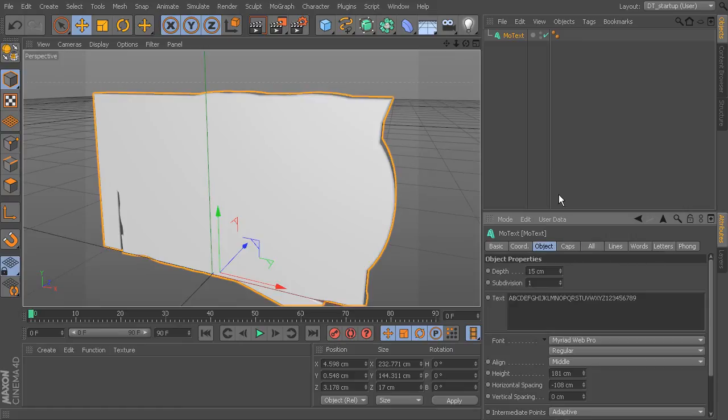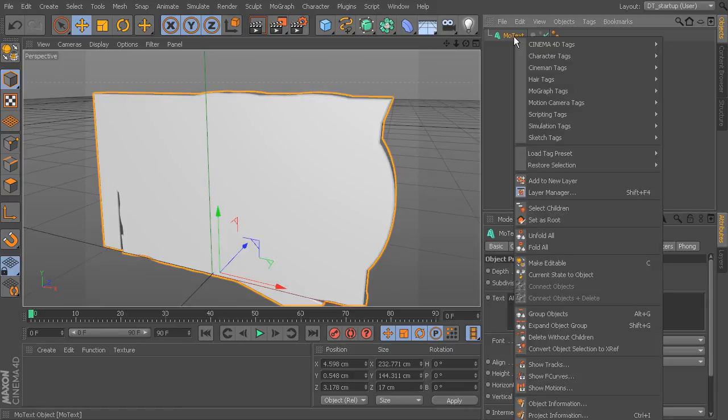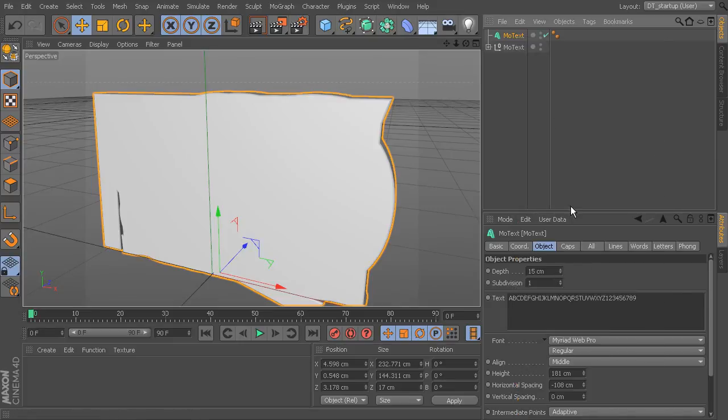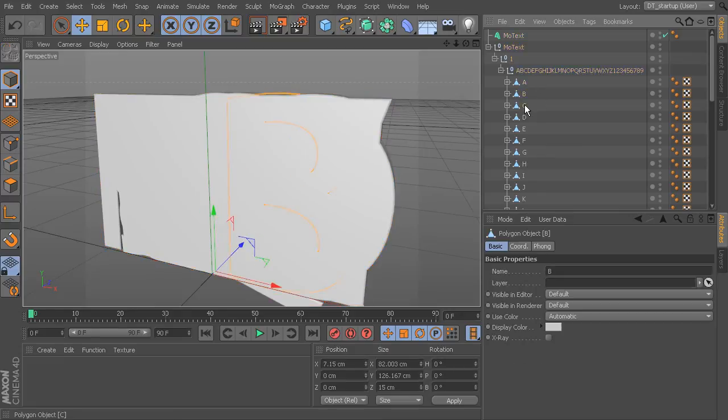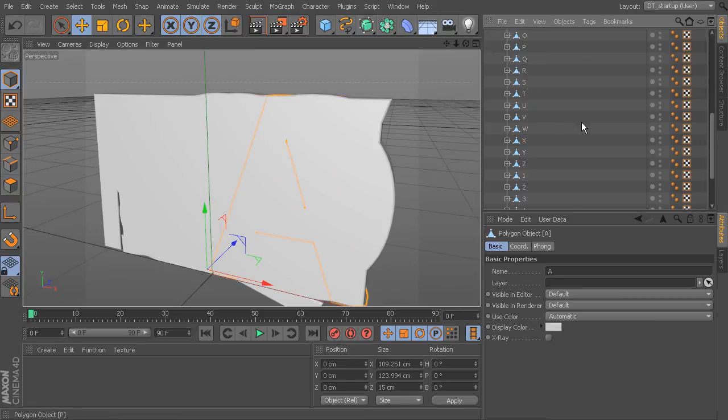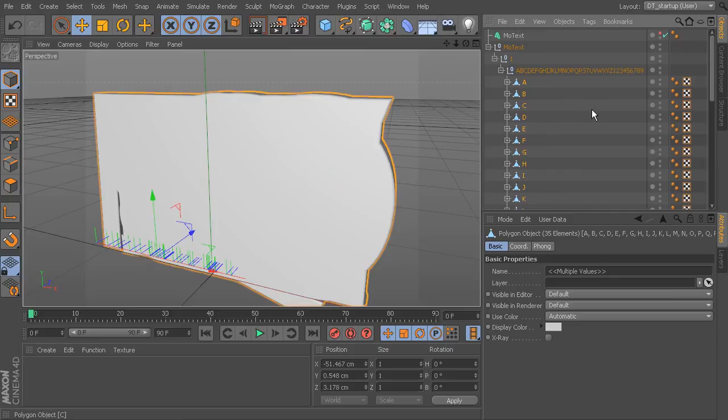Okay, so let's go ahead and take this MoText that we've created, and I'm going to say current state to object. Okay, that's going to create this null, and if I open up the null, you can see there's another null, and inside you can see all of our text has been converted into polygons. Okay, I'm going to go ahead and turn off the visibility of our text here. So if I can select all of these and just drop them outside of this null,